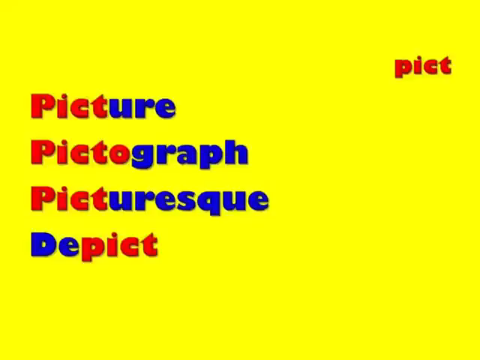Something picturesque is something that looks like a picture. We often say something is picturesque if it's beautiful, such as a sunset or a mountain scene. The suffix that you see here pronounced esque, spelled E-S-Q-U-E, means to look like or be like. For example, I could see someone beautiful and say, "Oh my God, she is so modelesque," meaning she looks or is like a model. So picturesque means to look like or be like a picture, to be beautiful. And to depict is to show something as a picture, to be drawn or shown visually.